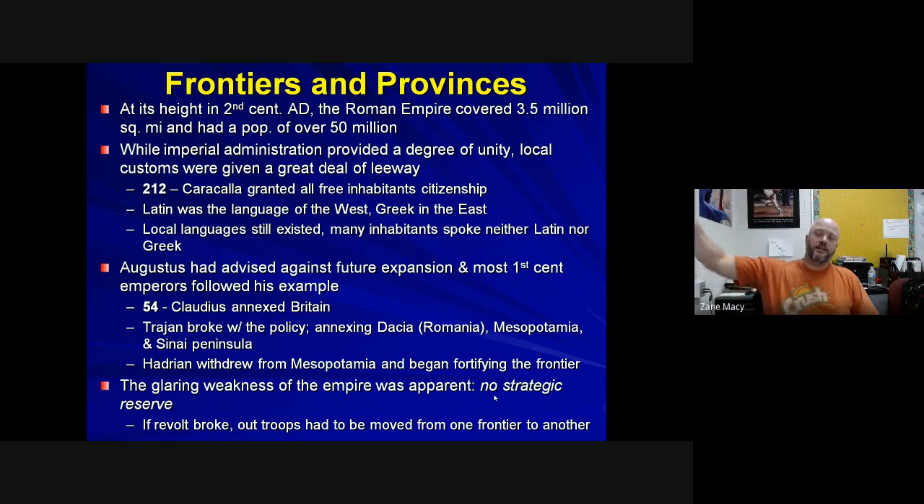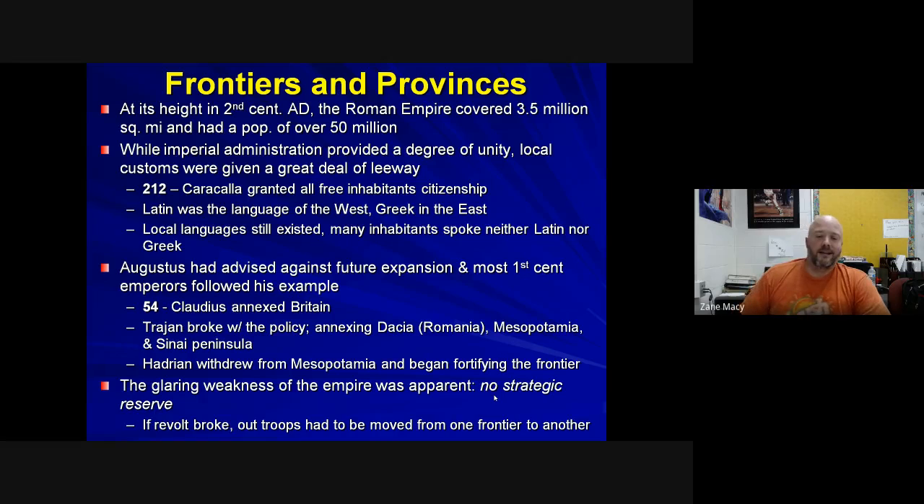If a revolt breaks out somewhere, anywhere in the empire, and you have to shift troops to that area where there is an active revolt, that creates weak spots, and you could have a flare-up and another revolt break out. And that is the biggest